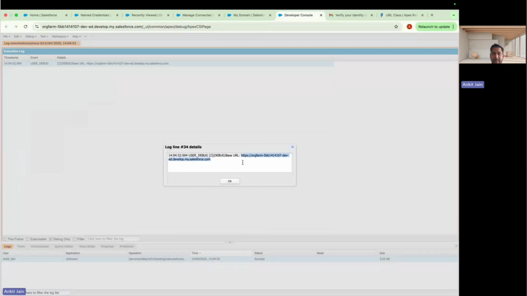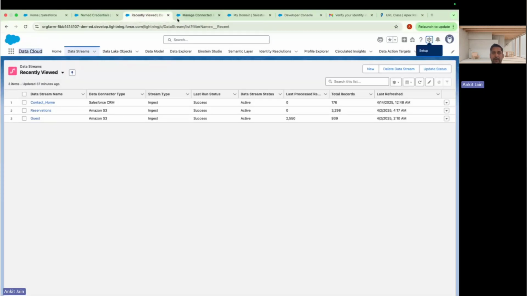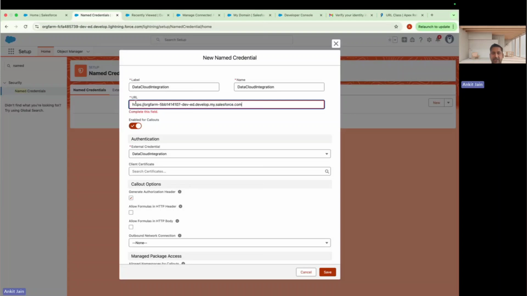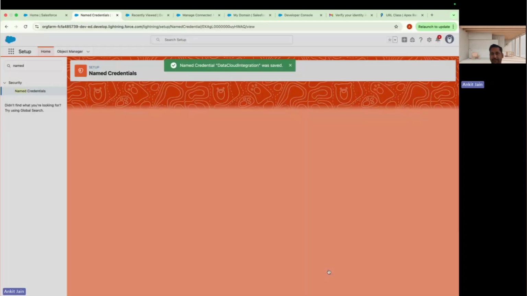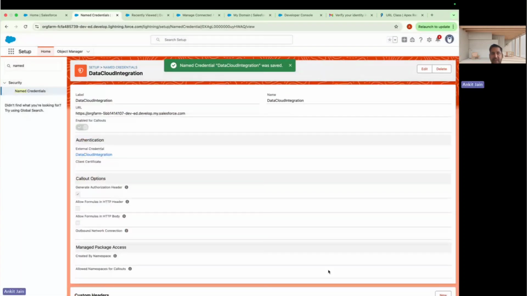So I'm copying this base URL from here, navigating to the org one more time where I'm creating the name credential and pasting that base URL. This is as simple as it is to get the base URL. So here what I'm pasting is the base URL of the data cloud org, right, to which I am integrating, and then clicking on the save button. After that, the next step that I will be doing here is navigating to the